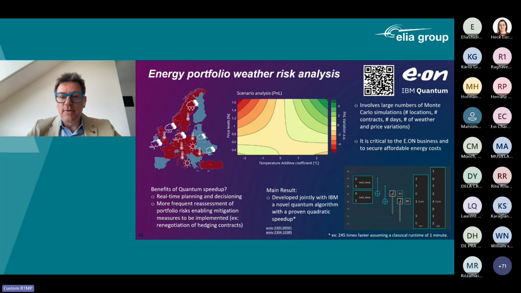And the idea is that actually we look at this through quantum computing, and we develop jointly with IBM a novel algorithm which has a proven quadratic speed up with respect to the current classical ones. Of course, this looks very good. However, due to the depth of the algorithm, this is actually an algorithm that is suited for fault-tolerant machines. That's basically the three use cases that I wanted to provide to you.